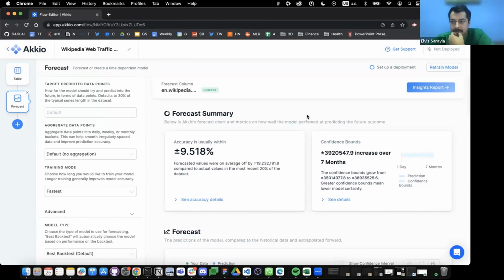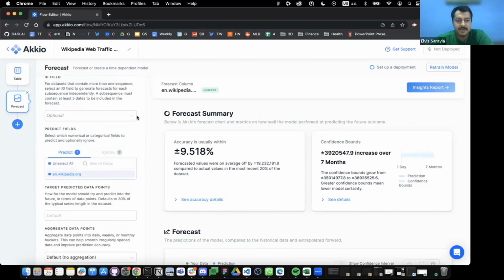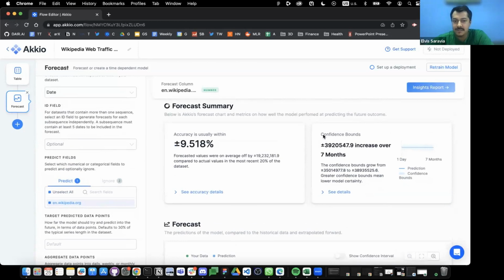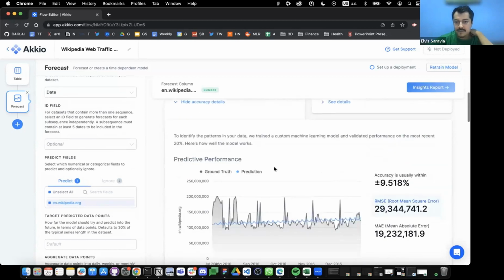Okay, all right. So I have some results here based on the configurations that I have. There are different sections that you can look at. We have a summary of the forecast, and it has accuracy. Accuracy is really important, right? You can look at the different details under accuracy. Let me go through this one.